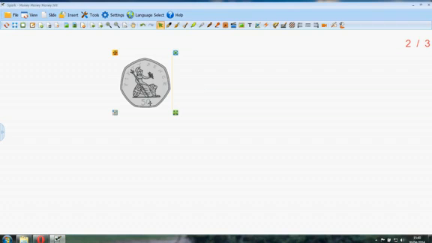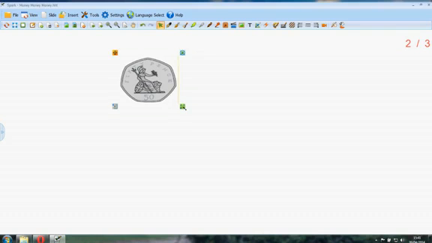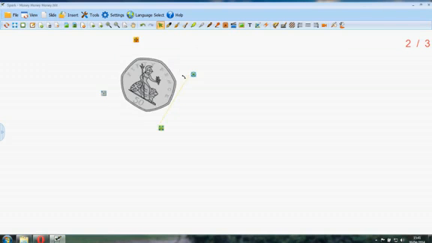Now, just a reminder, when you have an image, if I click out of it, you can see I've lost the toggles. If I click in the image, I get 4 toggles. The bottom right is for resizing. If I hold my mouse on there, I can drag that around, make it smaller, change the shape. That's simple enough. The top right is for rotating. Top left, one of these orange squares,